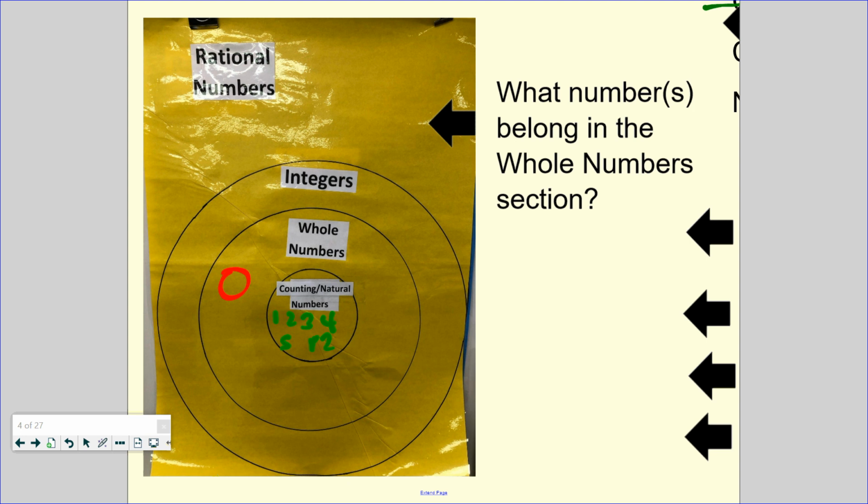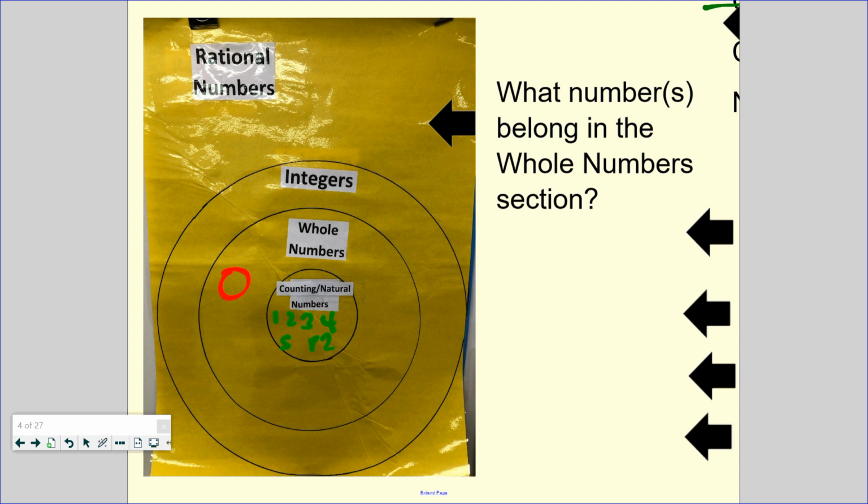What about 1, 2, 3, 4, 5? I could put 1, 2, 3, 4, 5, 6, 7 in the whole number circle right here. But isn't 1, 2, 3, 4 better described as a number I can count with, a counting number or a natural number? Yes. So 0 is the only whole number I will see in this classification,